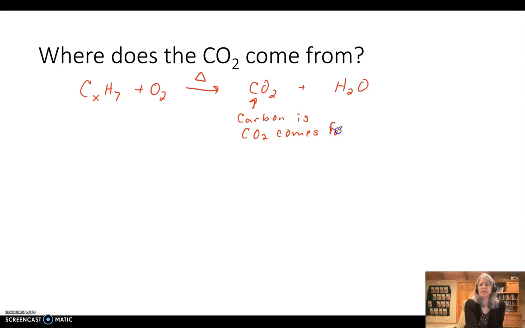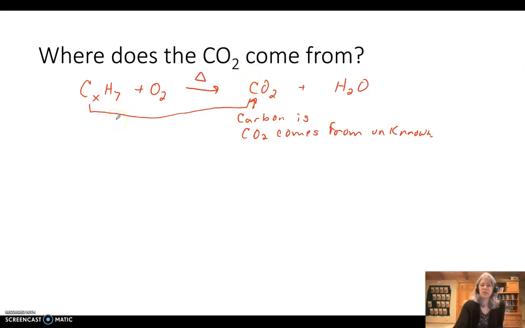So this comes from our unknown sample here. Right, so if we want to know how much carbon we have, we find out how much carbon dioxide we get. And all of that carbon comes from this carbon right here. Right? So if we know how much carbon we have in here,